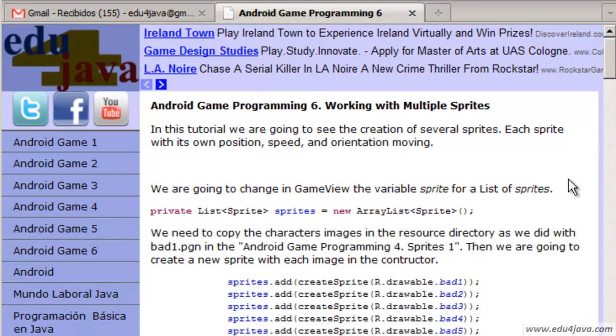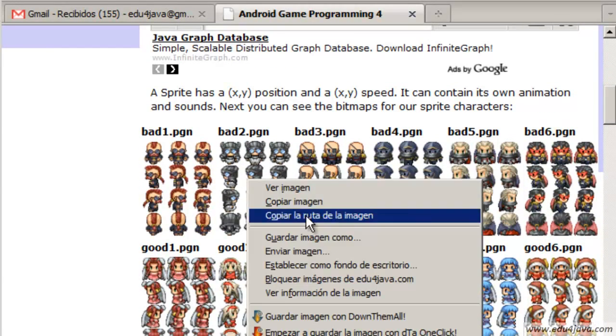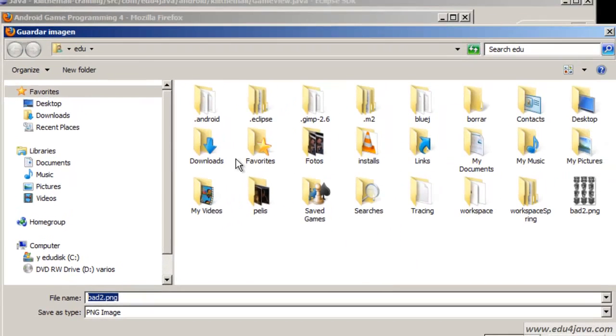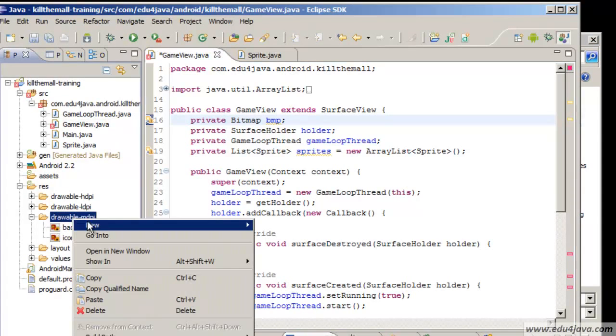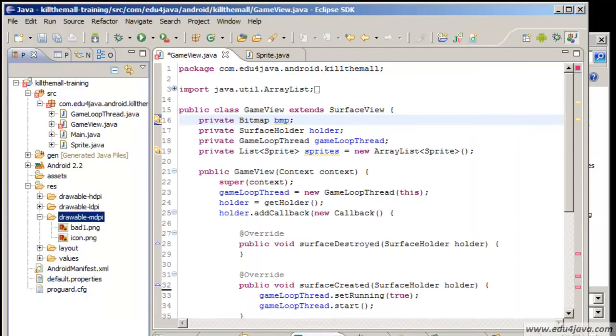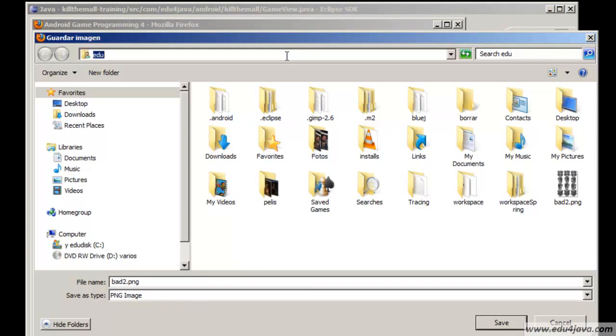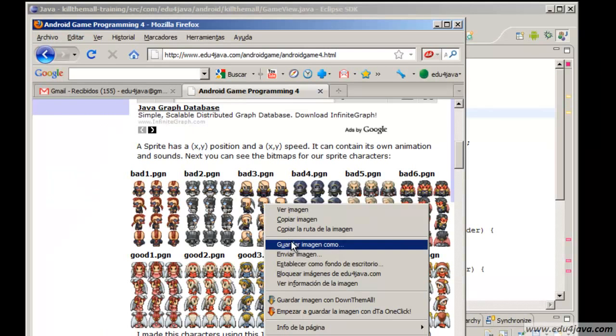The next thing we have to do is, do you remember what we did in tutorial number 4, that we copied the character but only one? Now we have to copy the rest. Here we're going to download bat2, save image as, we need to know where to save them. We are going to have to save them here. If we open properties here, we can copy the folder where the sprites are, or where we want to put them. Here it is, bat1. We save bat2,